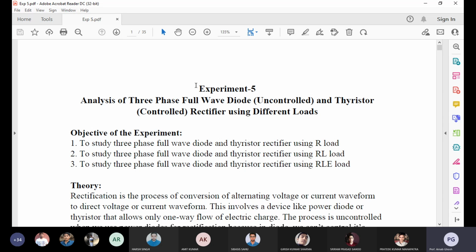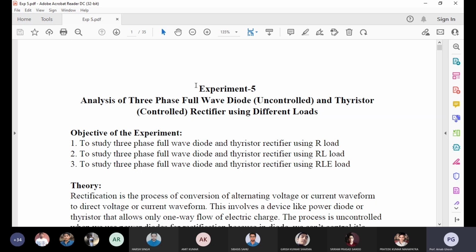Suppose you are designing a DC system. What kind of benefit will you get? The capacitor I am talking about is normally connected across the pulsating DC voltage to make it constant DC. If your ripple frequency is more, then automatically that capacitor value will be less. You know that the capacitor is one of the most costly elements, so you can reduce its cost by going from single phase to three phase.